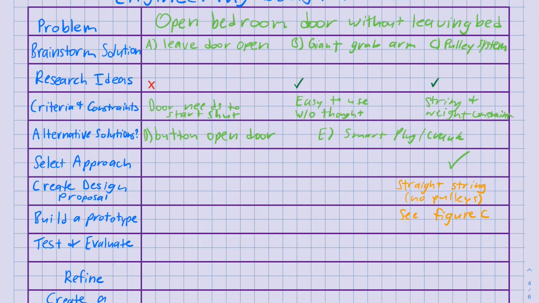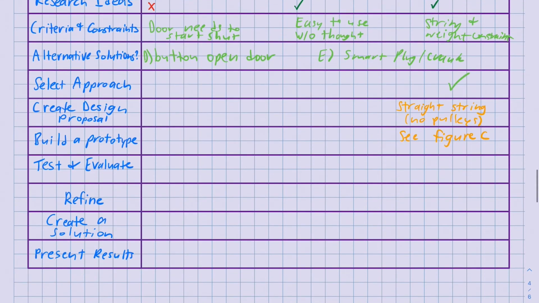We did it! So we created a second design proposal, which we did after we tested and evaluated and found that we had a problem with our prototype. So let's document our problem first. So I'm going to write it in red. So that's our issue. We're going to give it a big red X. So now let's go back